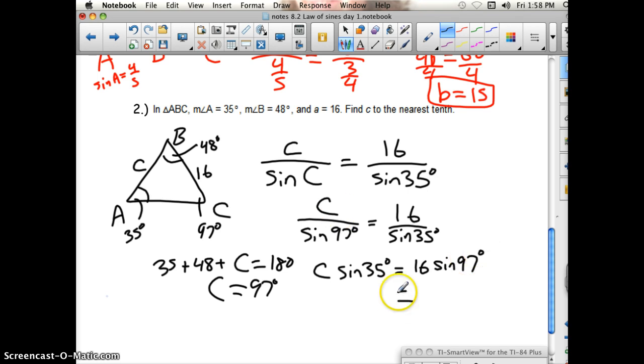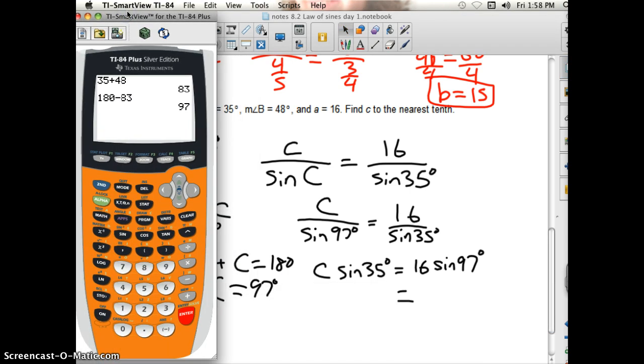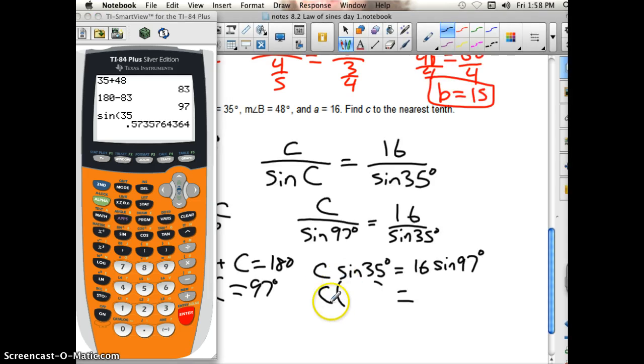Okay, and at any point here, we can evaluate the sine of 35 degrees. Make sure your calculator's in the correct mode. We're in degrees, that's good. Okay, and I'm going to evaluate the sine of 35, accurate to 4 decimal places, please, right? So we're going to do C times